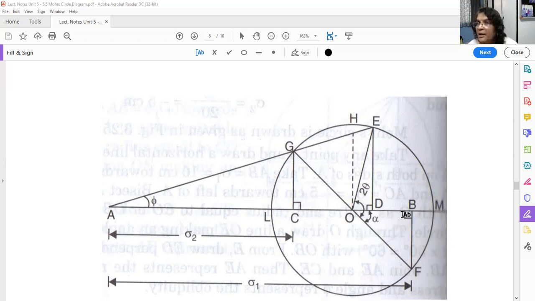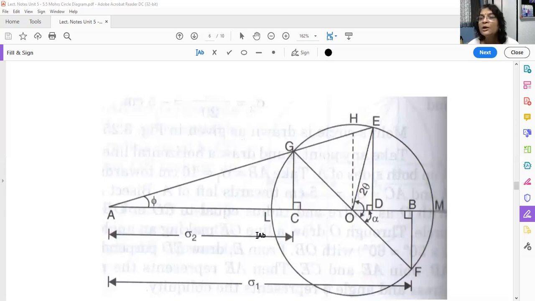And then this AL is the minimum principal stress. So from here, the angle will be alpha plus pi. But alpha is 2 theta, so it is 2 theta plus pi, the total double angle. So what will be the actual angle? Half, that is theta plus pi by 2. This is the angle for the minor principal stress.